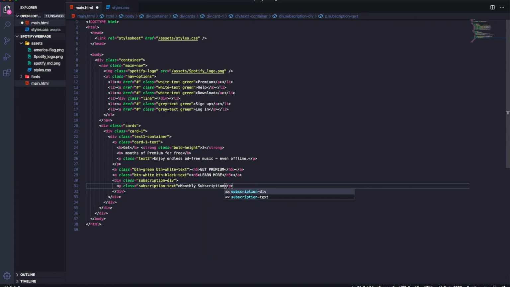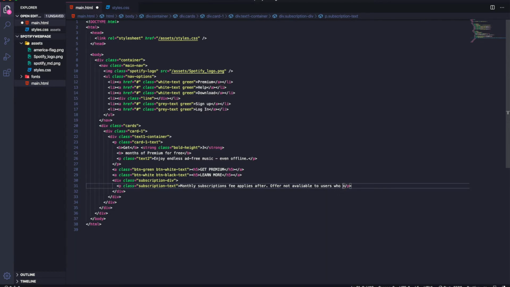This is a pretty long text, so okay. So monthly subscription fee applies after. Okay, and then offer not available to users